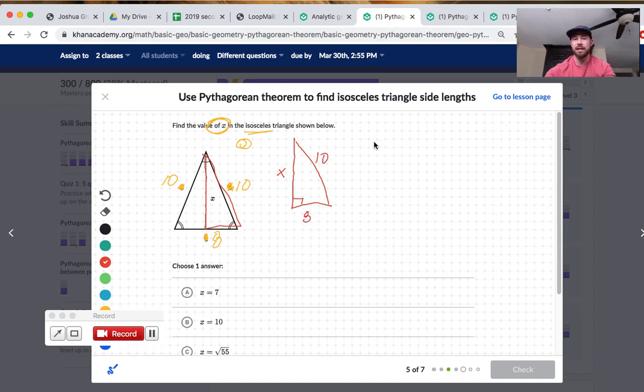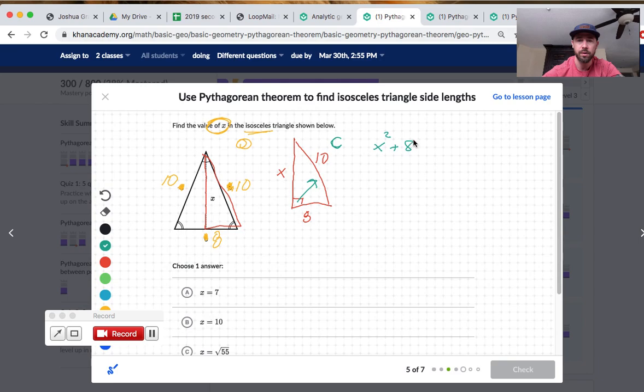Now this looks exactly like yesterday's lesson. You could just go ahead and finish this right now, press pause, and check your answer with me. That's what I would do. Just cruise. But we're going to go right now, and we'll do our thing. This guy's our c, remember, because he's across from the right angle, which means we have a squared plus b squared